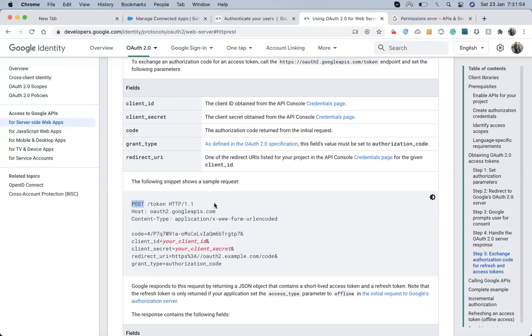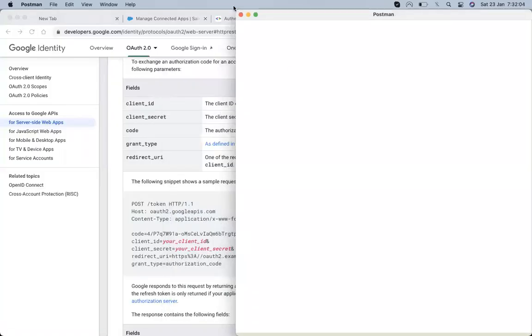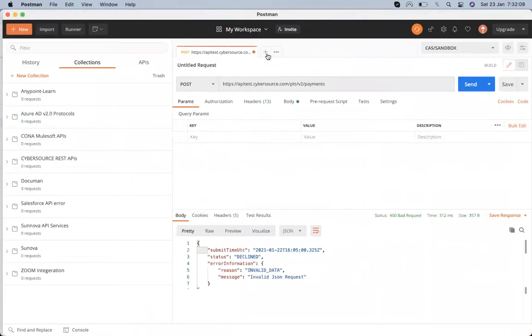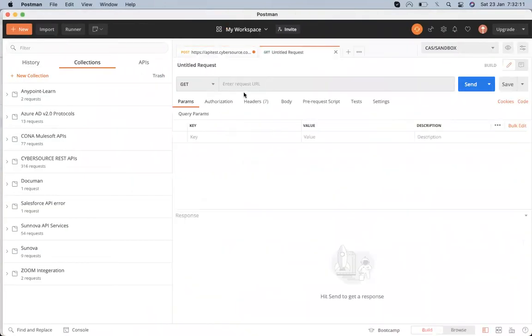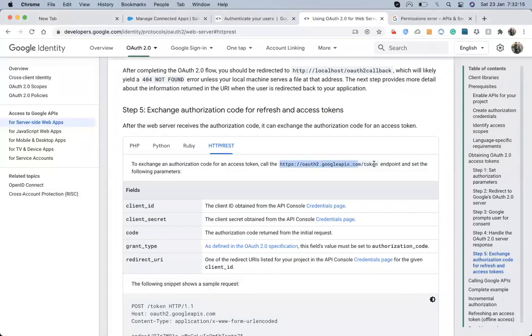For that, remember that we use Postman to make a post request. So we're going to use Postman again for making a post request on this URL.